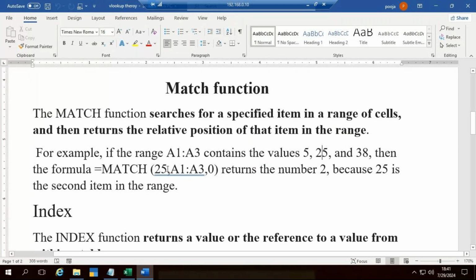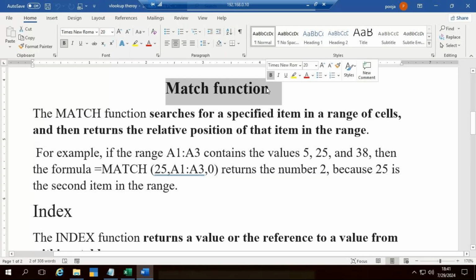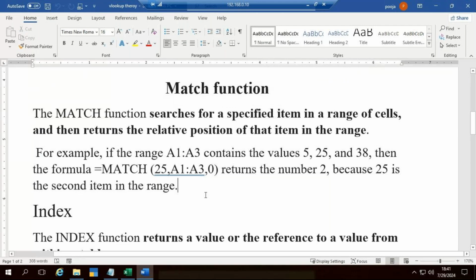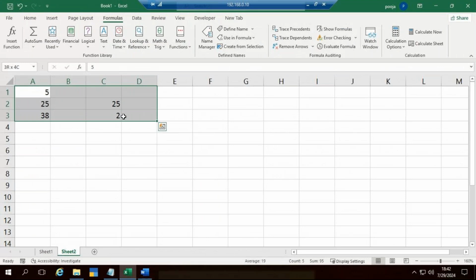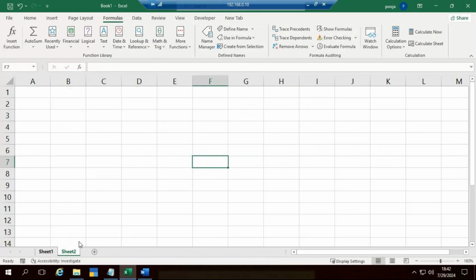In the entire range, 25 is in the second position. If I take 5, it is in the first. If I take 38, it is in the third. So that is the use of the match function. Got it, or can I explain it once more? Got it, ma'am. Fine. So the same thing we can use in a lookup function. This is very important, guys. Lookup functions work on these things. Fine. Now